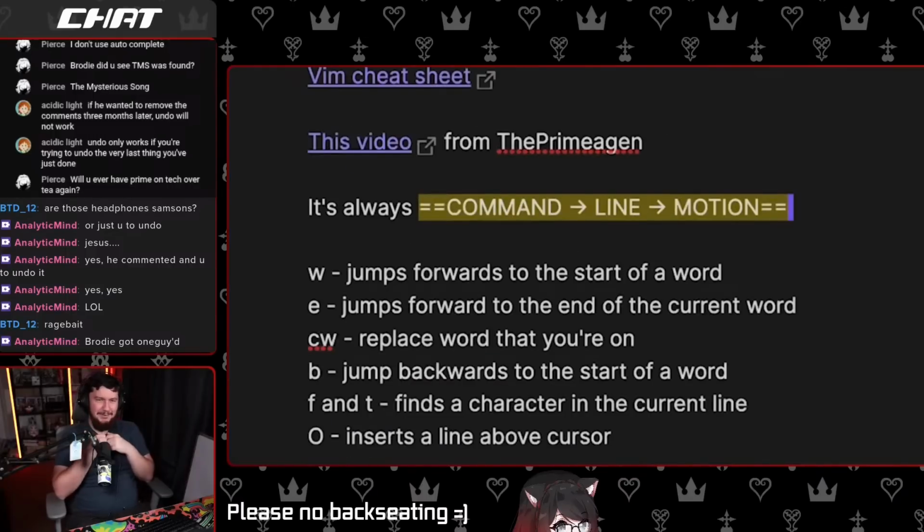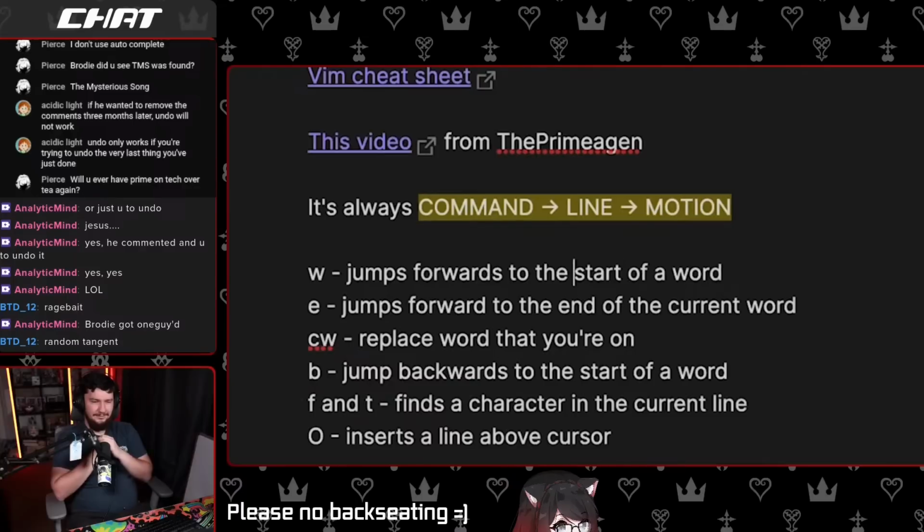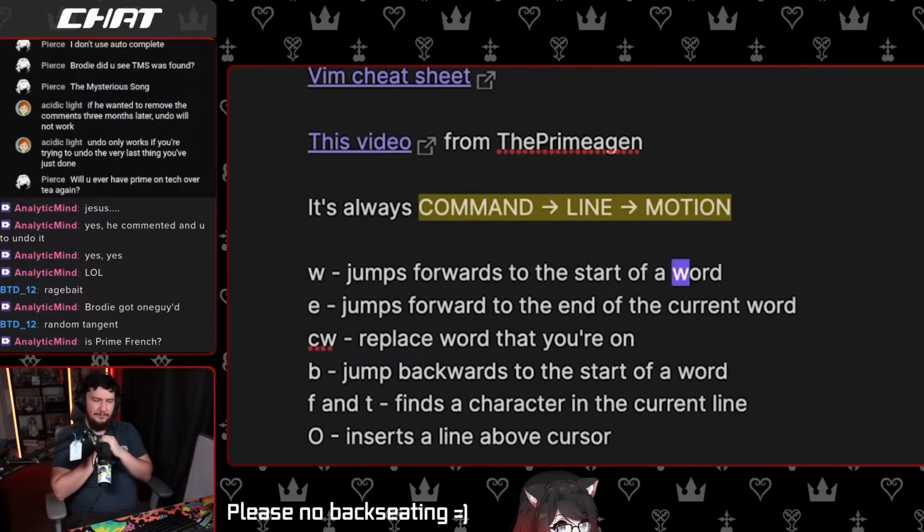First, I can use B and W. B jumps backwards one word, and W jumps forwards one word. So it's essentially exactly the same as when you're typing normally, but you hold Option on your keyboard, and then you can jump between words by pressing the arrow keys. It's the same if you hold Control on them. Those are the B and W keys. They jump over a word.